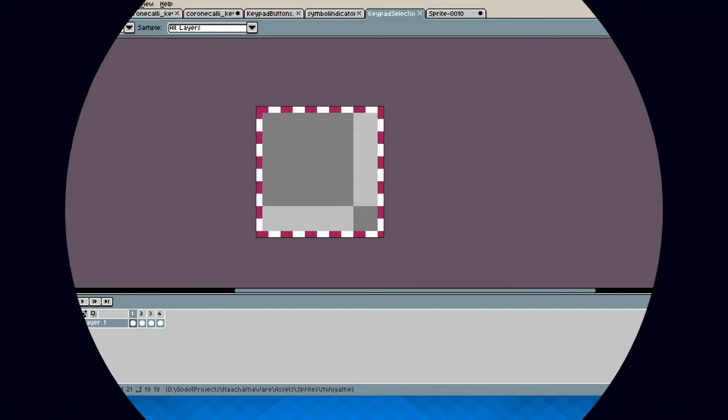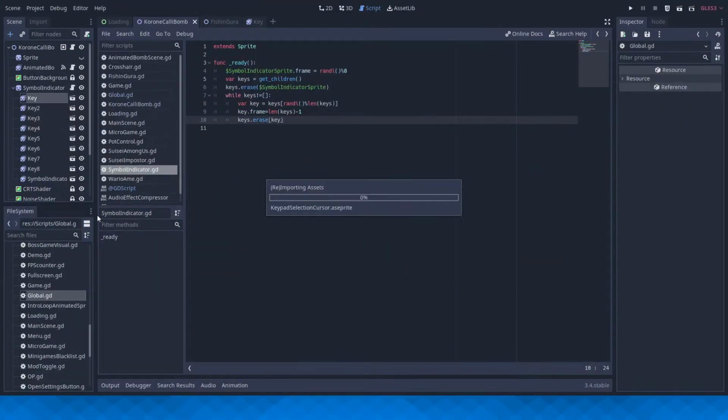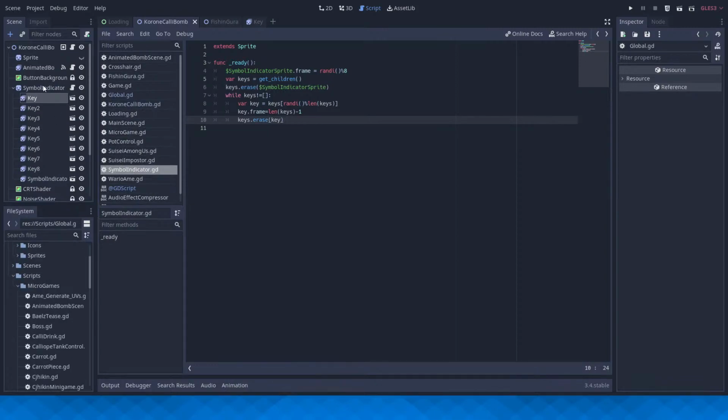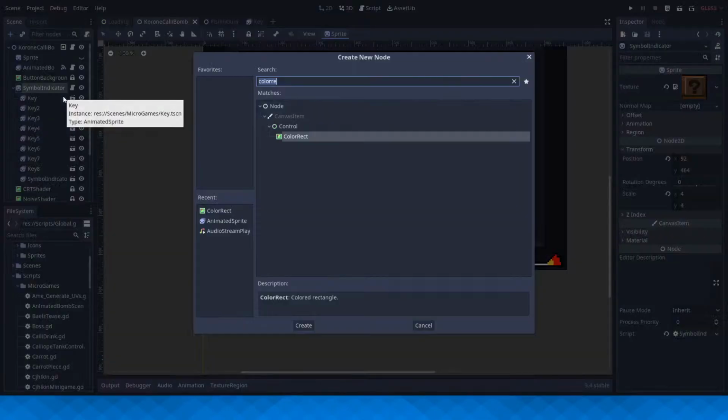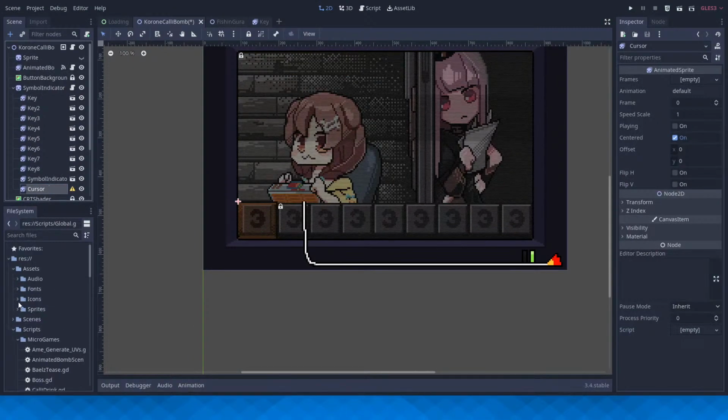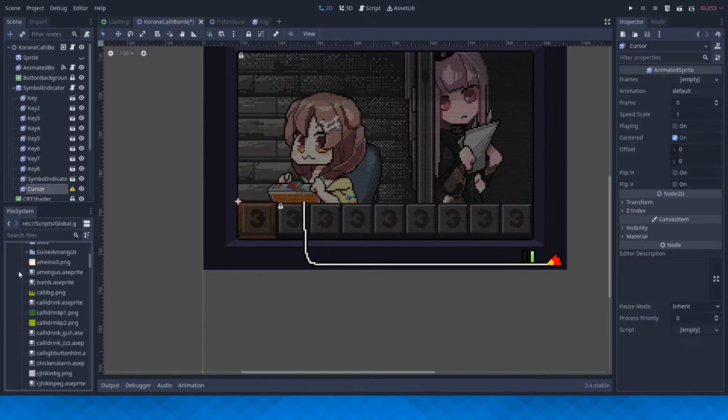Right. Going back to the engine. Just insert this here. So, animated sprite. Call it cursor and sprites minigame.